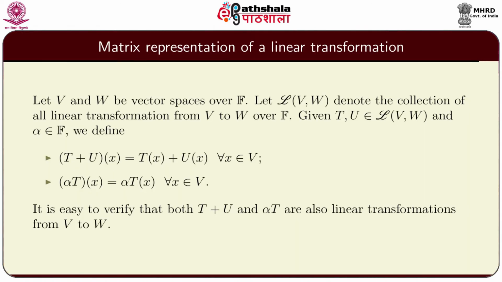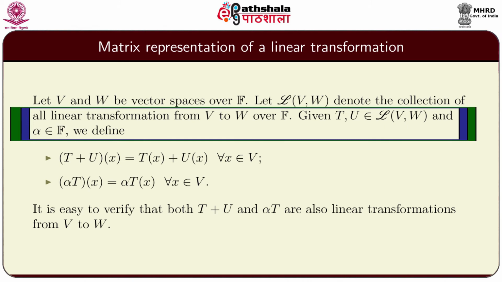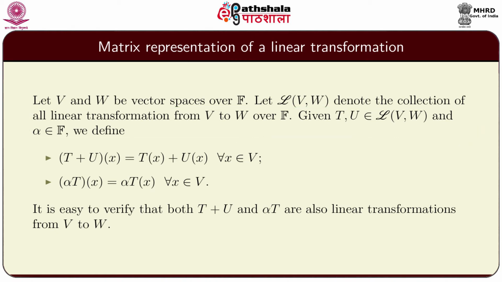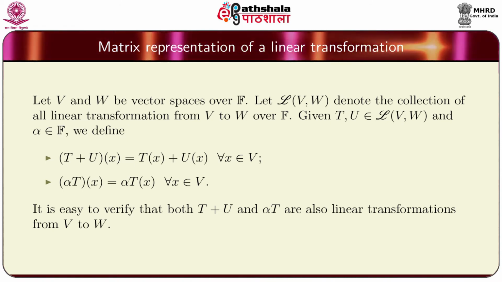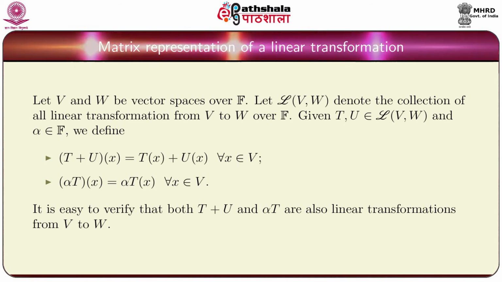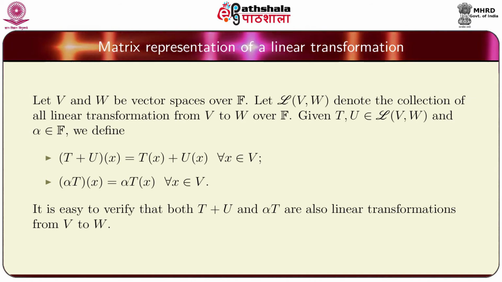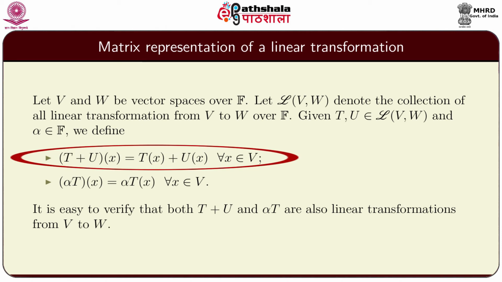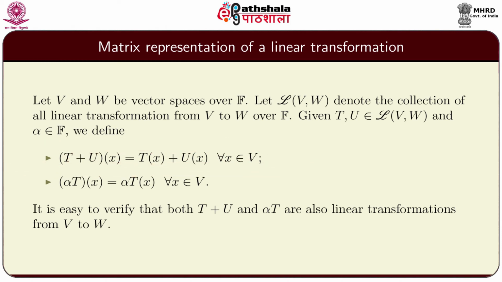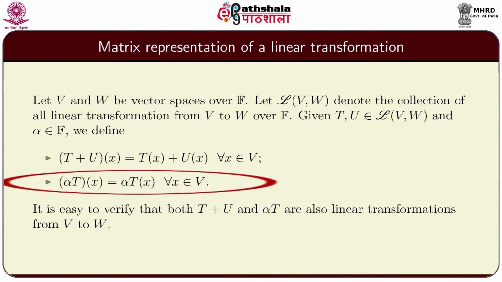Let V and W be vector spaces over a field F. Let L(V, W) denote the collection of all linear transformations from V to W over F. We first see that there is a natural vector space structure for the set L(V, W) itself, and that is given by: if T and U are two linear transformations from V to W, then we can define T plus U, and that is defined as (T plus U) of x is equal to T of x plus U of x, and for a scalar alpha we can define alpha T as (alpha T) of x is equal to alpha times T x,